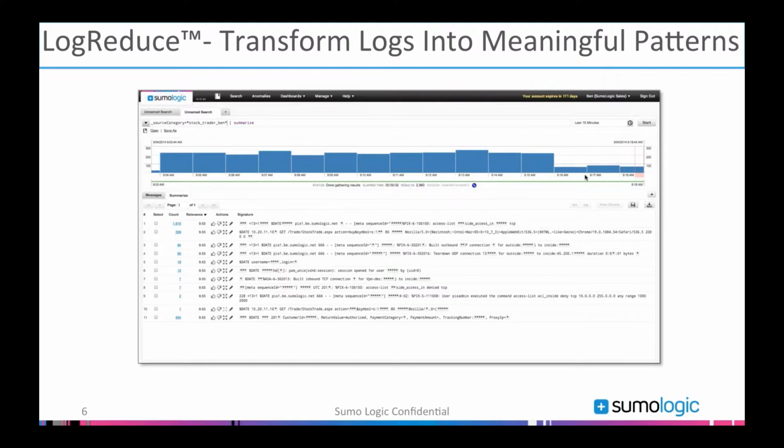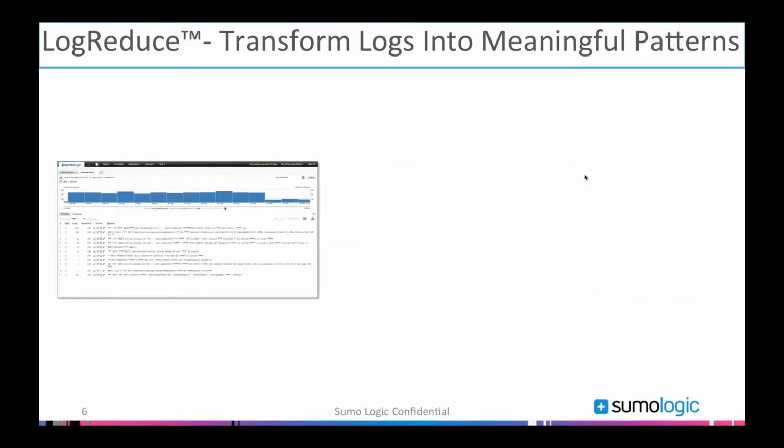And then what you start seeing is the long tail of the log data. And we are not showing an exception here. There are some denies, TCP connections, and things like that. When I run LogReduce in our application, one thing that becomes very clear is some of the errors and exceptions that might have gotten buried in a lot of data show up on the first page or the second page. So it magnifies the signal-to-noise ratio for you so that we can quickly pinpoint the logs that look out of whack or out of order.